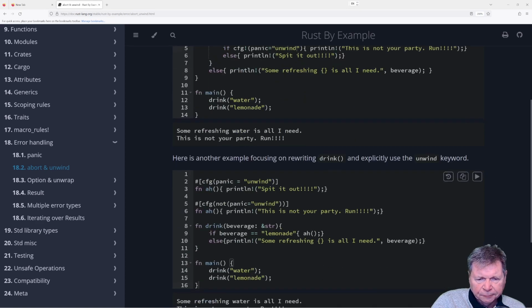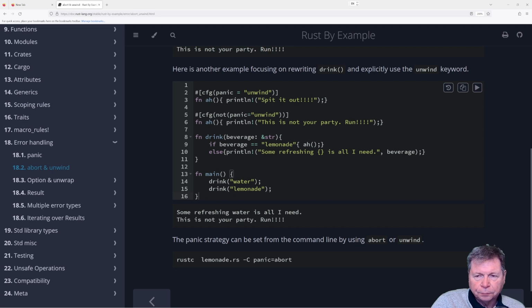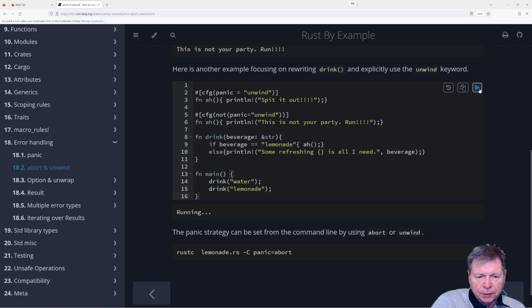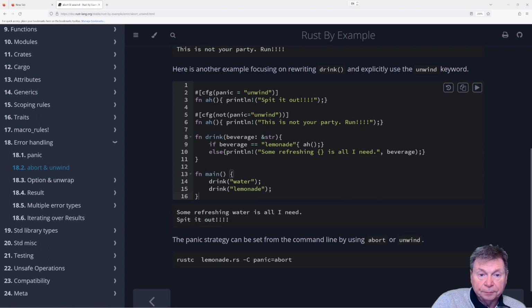Okay. So now this one. If I unwind, I run this. So if the default is unwind, then we're going to get spit it out, which is panic equals unwind. And this one says not panic equals unwind. So this one was abort.